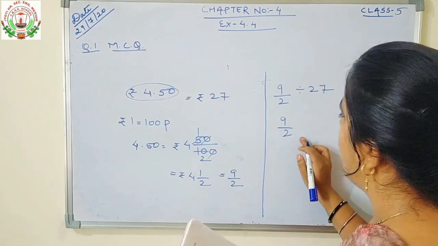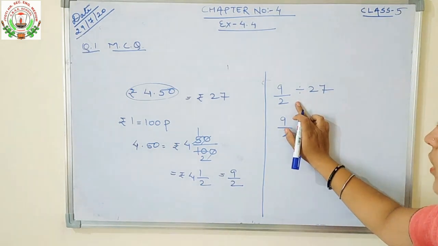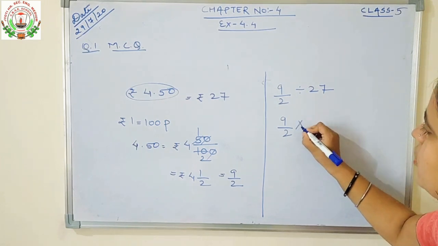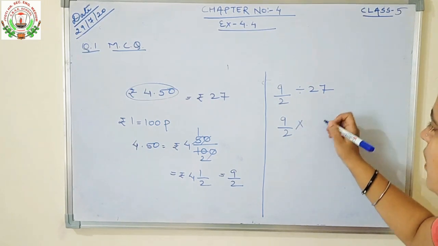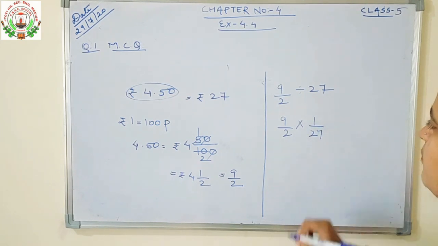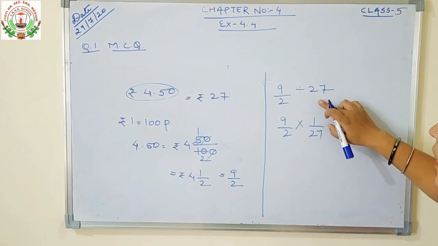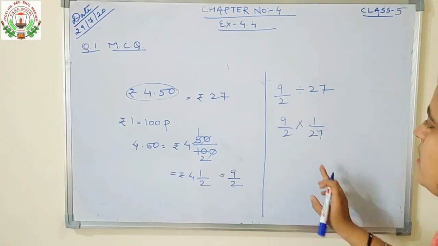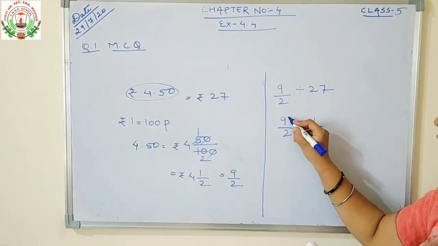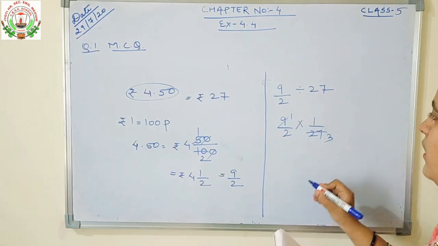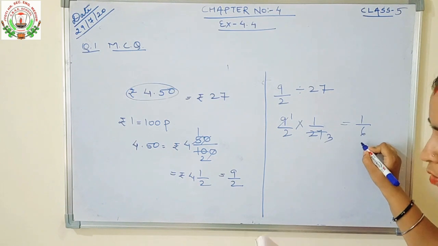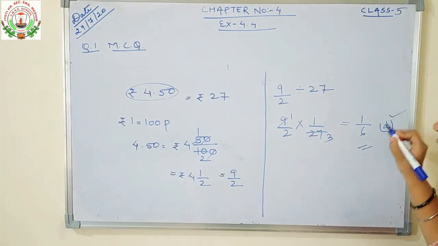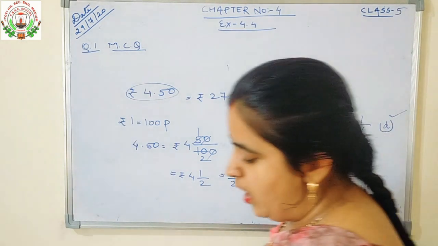I have told you earlier, when we divide a fraction, the second number is changed into multiplication, and here it will become the reciprocal. Okay, the numerator will come at the denominator and the denominator will come at the numerator. Now we will see whether it cancels or not. 9 ones are 9, 9 3s are 27. So what do we get? 1 upon 6, which is given in option number D. So you will tick option number D. Now number 3.